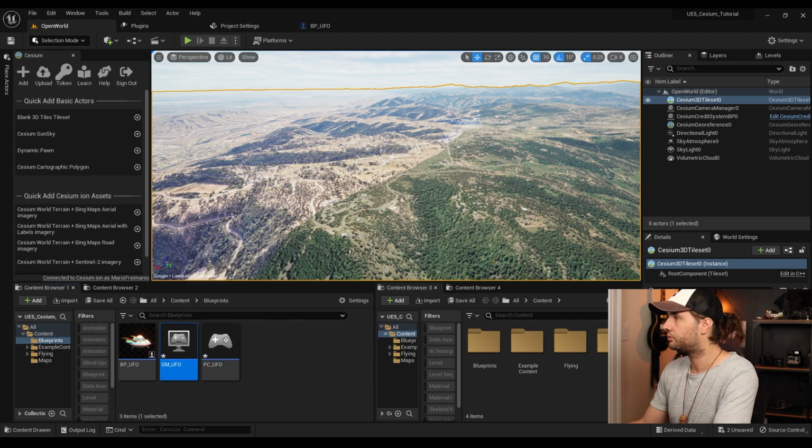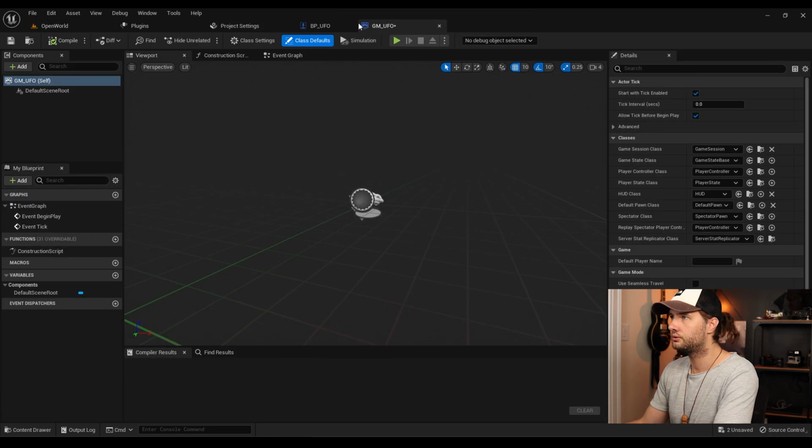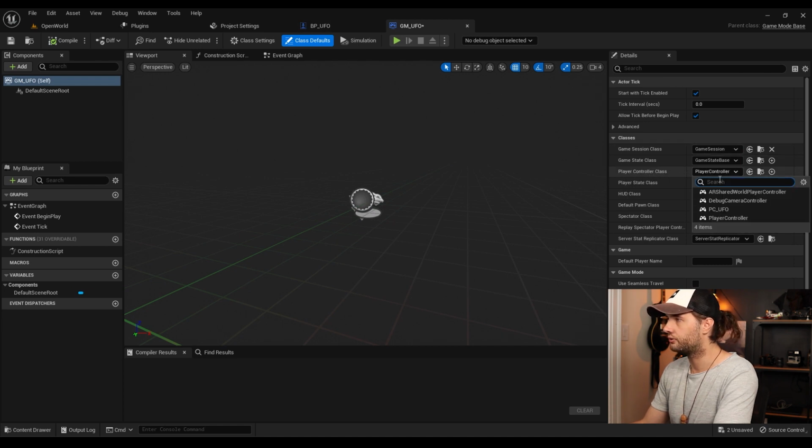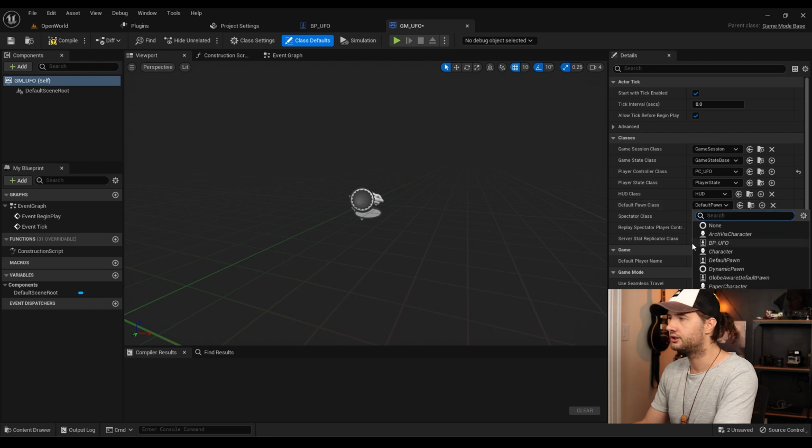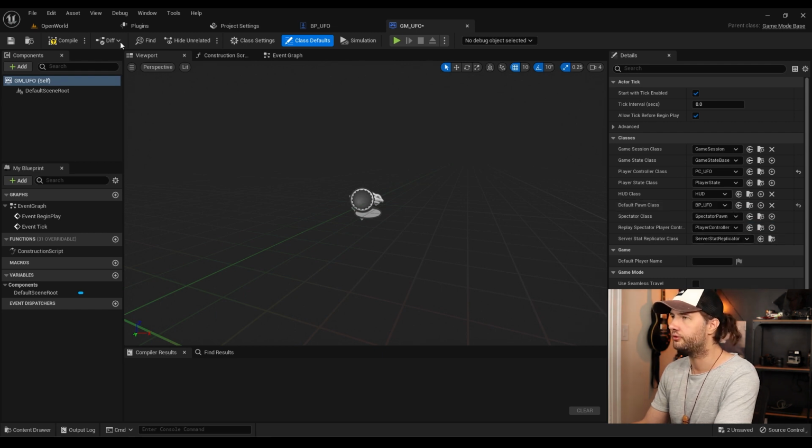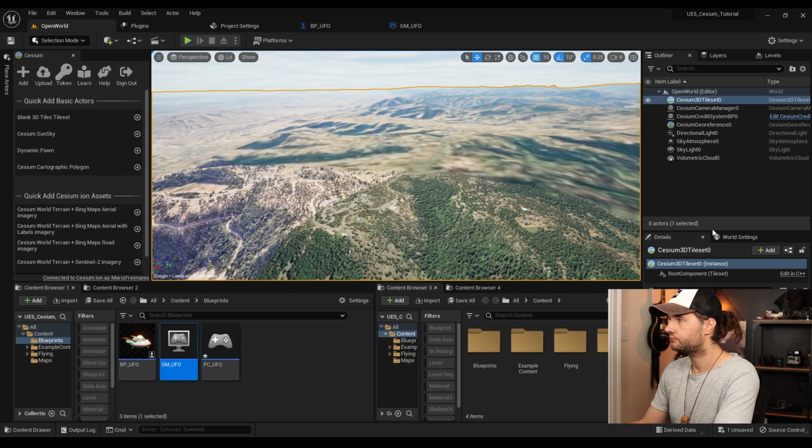So I'm gonna open up the game mode, and as a player controller, we're gonna select PC UFO, and as a default pawn class, we're gonna select our BP UFO,